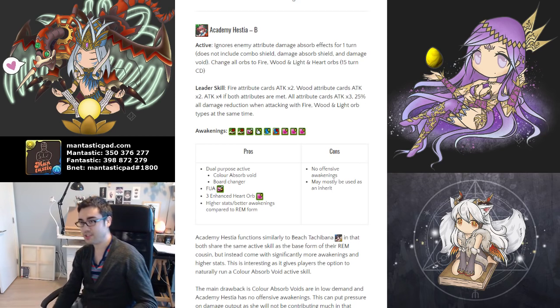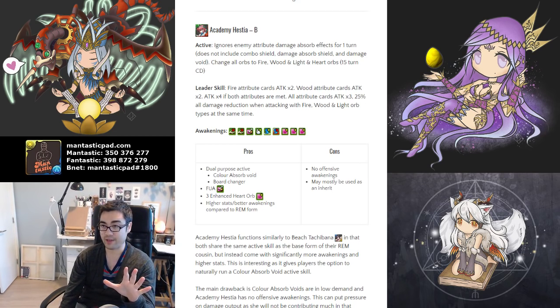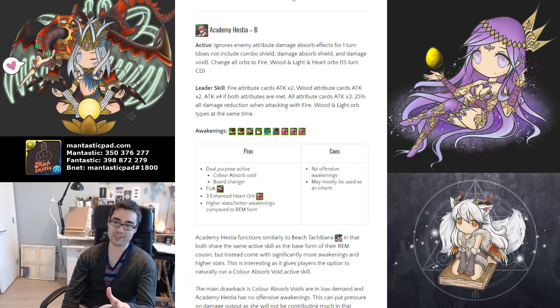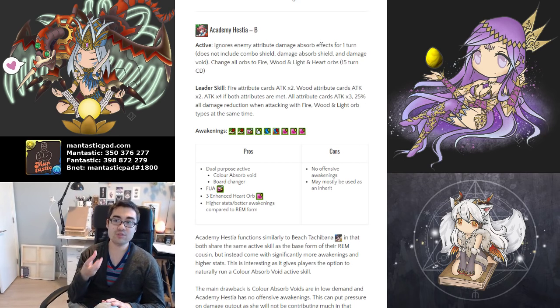So this is interesting, because Hestia is, I guess, a niche card. Like, it still is that color absorb void, which I've already said is not that amazing, but having 1 in your monster box is definitely useful, I'd say. Like, I have 1 between my 2 accounts. I think I've used it once so far, but hey, I used it once and I feel good about myself. So it is something possible you can find value from, but at least you can run her as a sub,